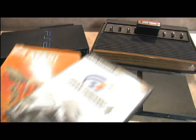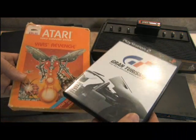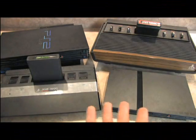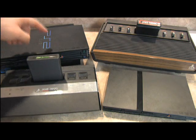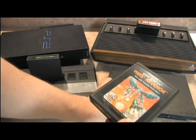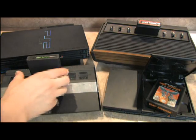With a seemingly unlimited supply of exclusive titles to play on both the Atari 2600 and PlayStation 2, you'll simply never get bored with any of these consoles. There's just simply too many games to choose from, especially considering that the PlayStation 2 plays PS1 and PS2 games. The only possible negative I can think of is that your Yar's Revenge cartridge will not play in the PS2,